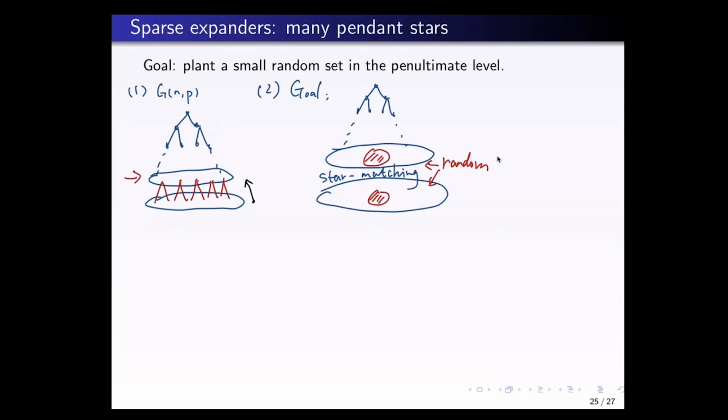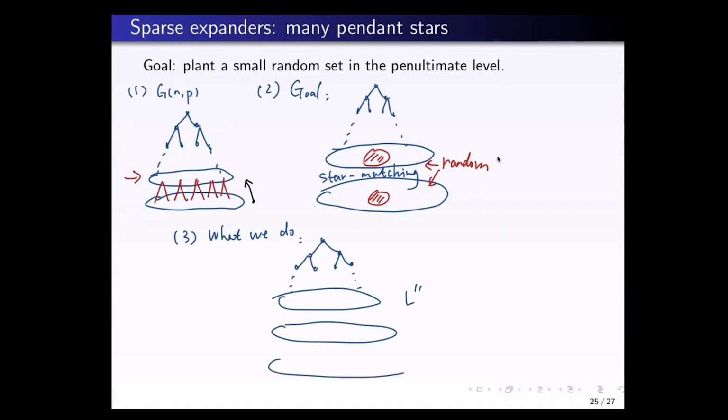Right. And then the third is what we actually do. What we actually do is to relax one more step. Say this is the third last level, this will be the second last level, and this is the last level. We first embed this part, so it's an almost spanning tree. But when embedding it, we could reserve a random set for the bottom. Now I want to embed L prime, the second last level, and make sure the red set, I call it B,